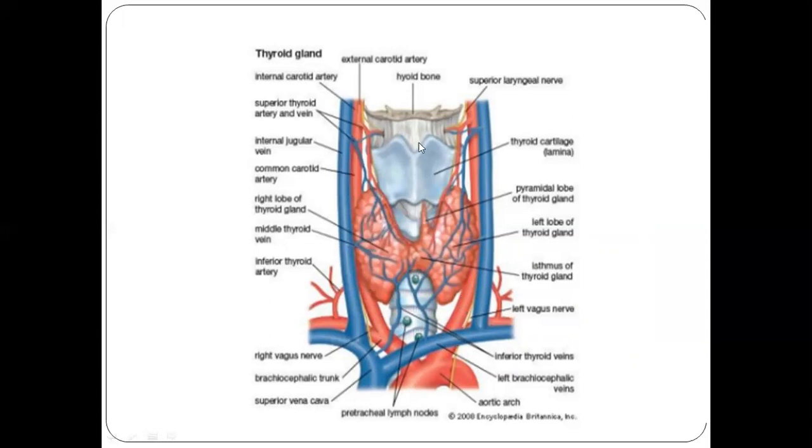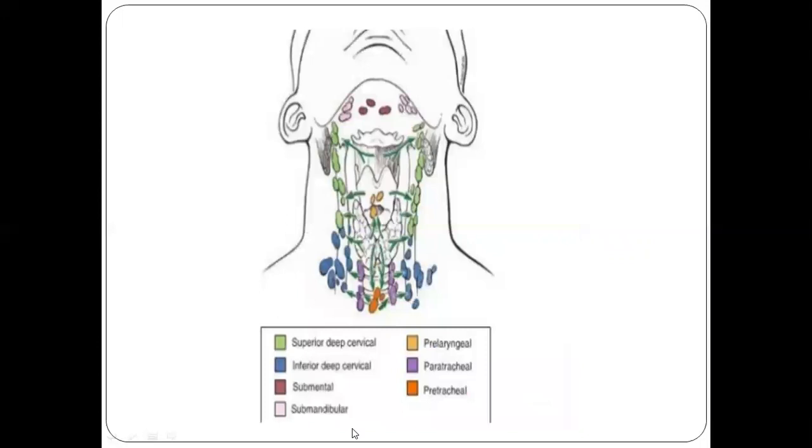Median or medial relations are the pharynx, larynx, and trachea. So these are the pretracheal nodes and paratracheal nodes. Through the pre and paratracheal nodes, the lymphatics go to the deep cervical nodes, which are the jugulo-digastric nodes, along with the jugular vein. This is the middle thyroid vein, which opens into the internal jugular, and this is the inferior thyroid veins, which open into the brachiocephalic veins. So these are the lymphatics. This is the jugulo-digastric node, where the thyroid or parathyroid drainage will go.